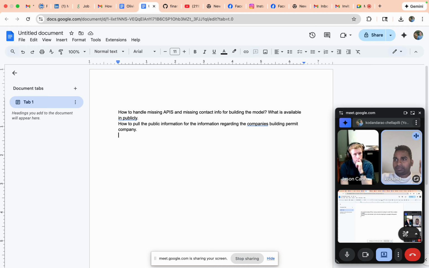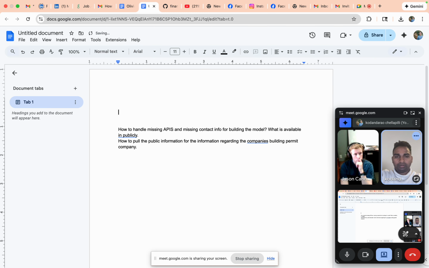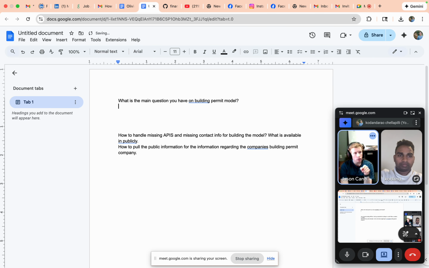So what is the main question you have on the building permit model? You mean we're going back to the model? The model. Okay. Well, yeah, my question is